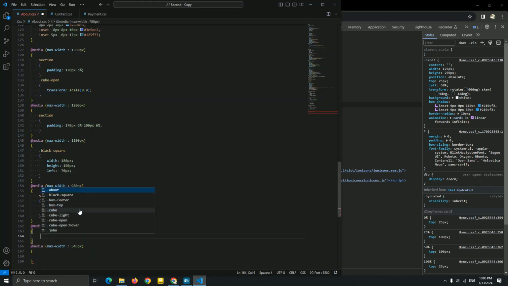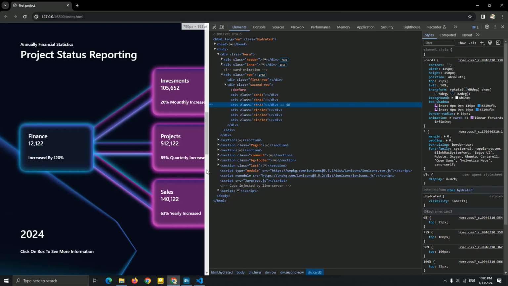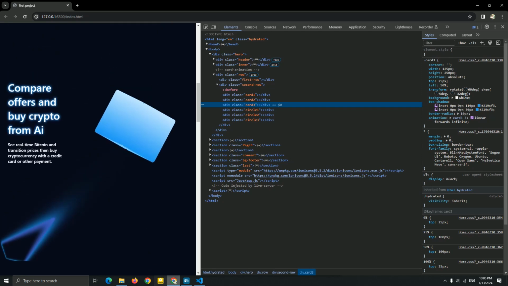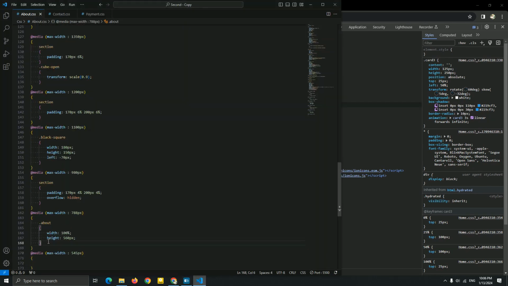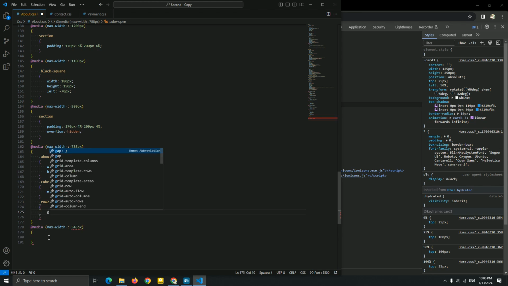Now I'm just gonna add about, to just add the width 100%, height, okay, let me see. Let me add the cube open. I'm gonna add margin 0 auto, and I'm gonna add row 2 to just add the grid template column, repeat 1 of R. Okay, let me see it again.